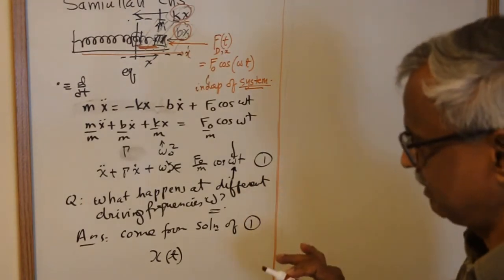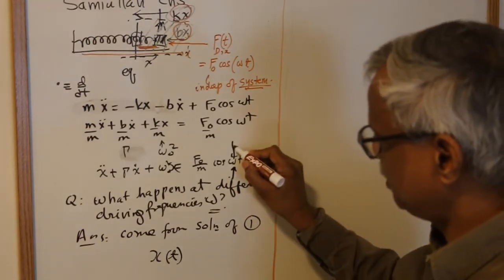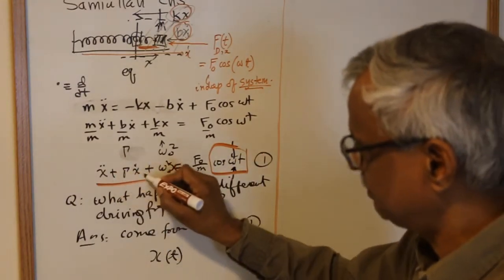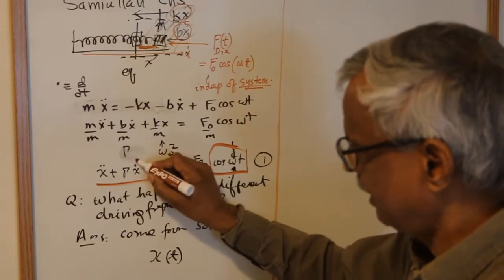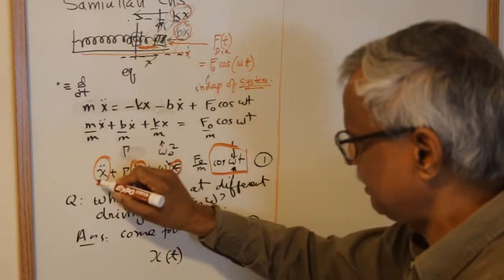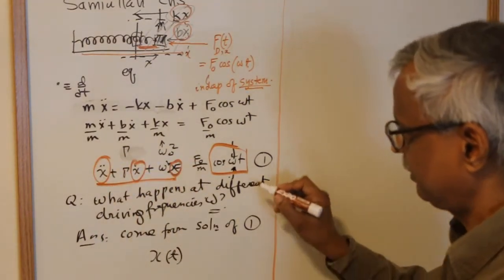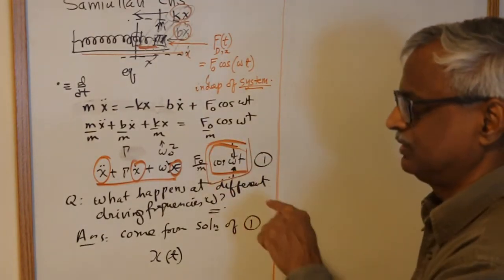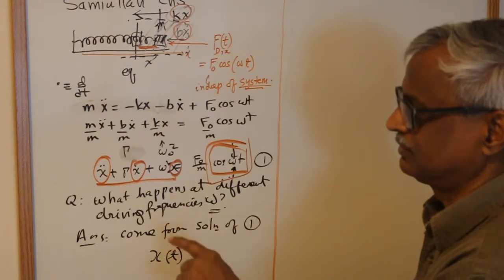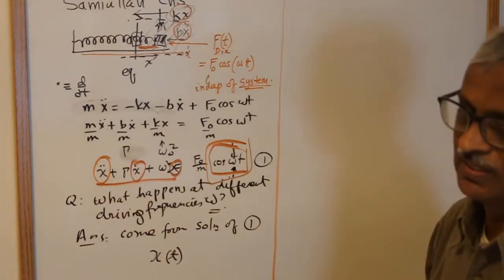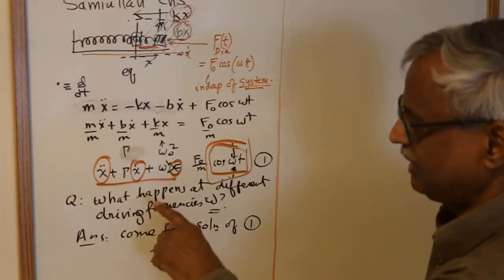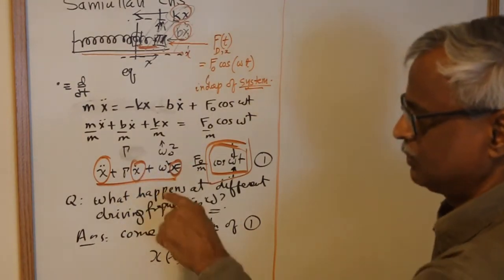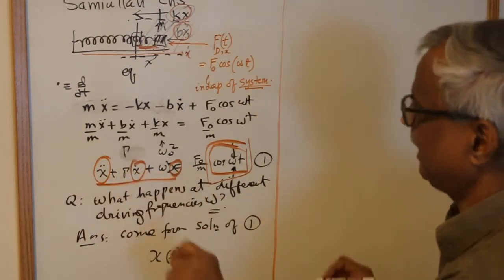Some kind of argument that may help you. If you want to produce cosine omega t, and here's a function of time, you're taking the function itself and its first derivative, second derivative, and as a result of all of that, you're supposed to produce cosine omega t. You can't produce this unless x has cosine omega t over there. But when you take a cosine omega t and take a derivative, you create sine omega t. So the best thing you can do is